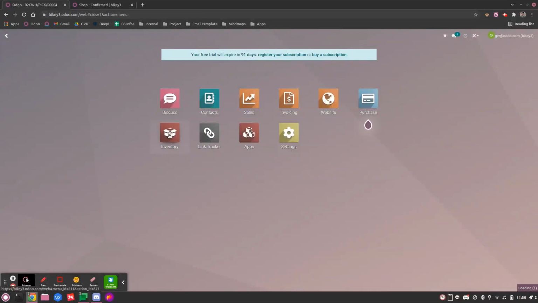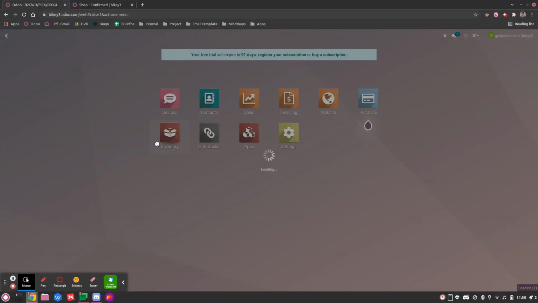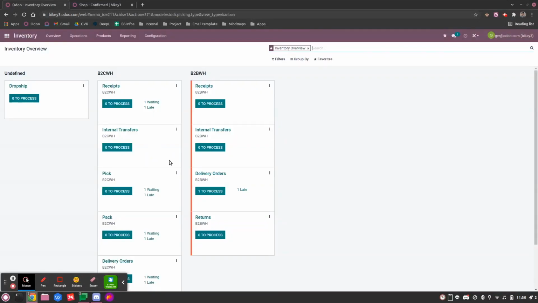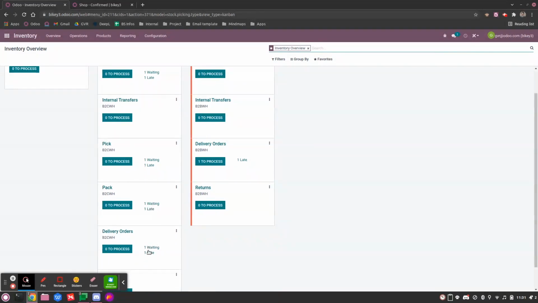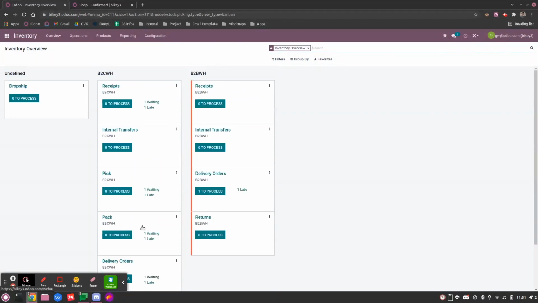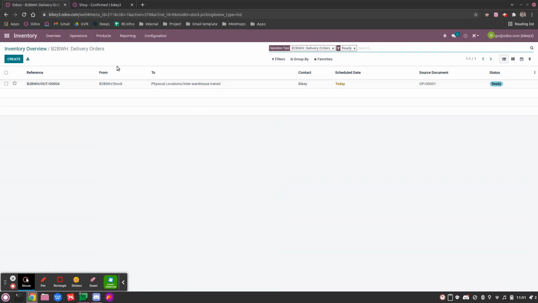As we have set up our product correctly, we can have a look at the inventory dashboard. And in this dashboard, we can see that we have one picking operation that is waiting, one packing waiting, and one delivery order that is waiting. We can also see that in the B2B warehouse, we have one delivery order to process. If we click on it, we can see that it is from the B2B warehouse stock to this physical location, inter-warehouse transit. This means that